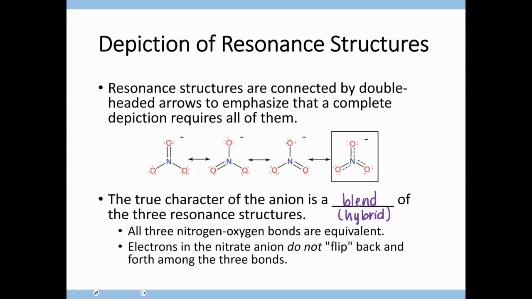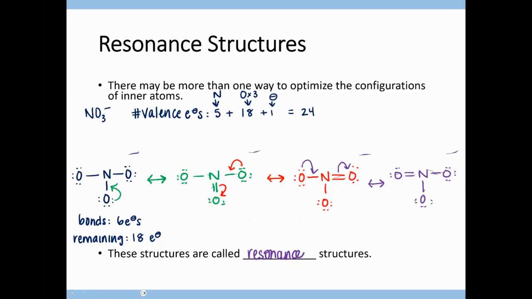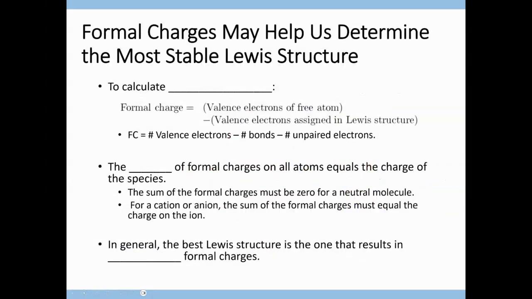Now I mentioned that this first structure here is a valid Lewis structure. It follows our rules. We just have an open shell nitrogen. We can use that rule and the rule about formal charges to pick the best resonance structure. So formal charges, which we'll learn how to calculate, help us determine the most stable Lewis structure. So to calculate formal charge,